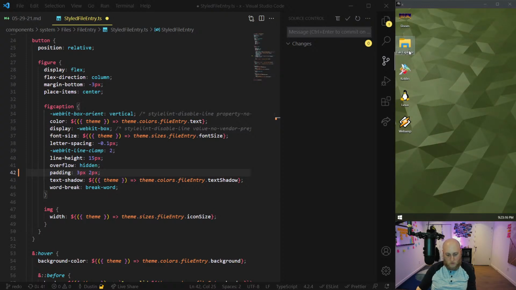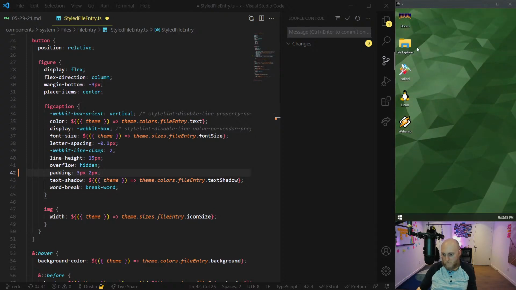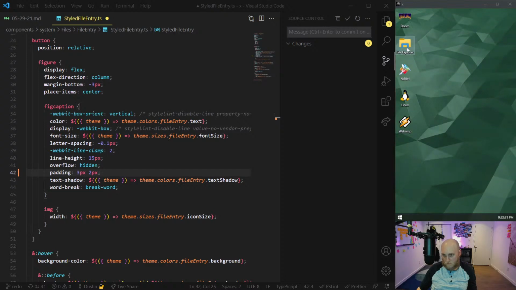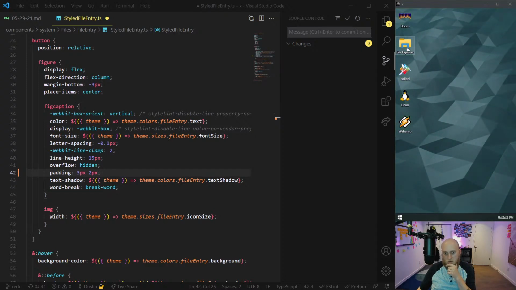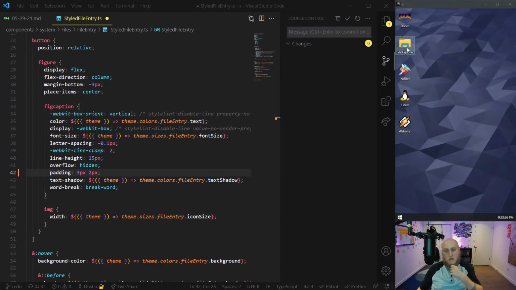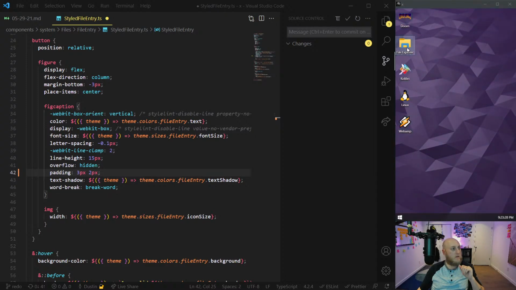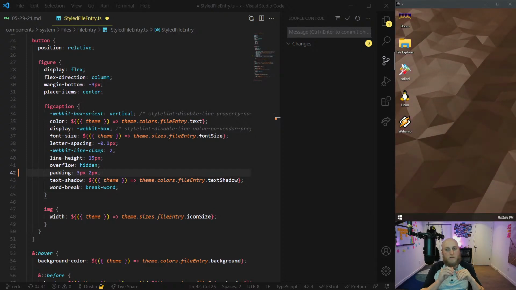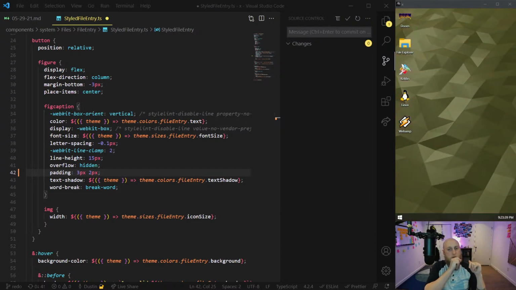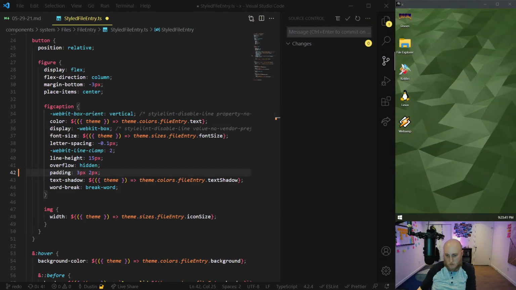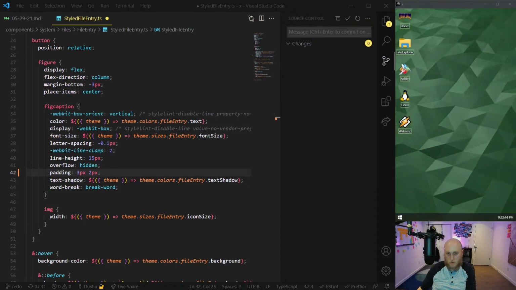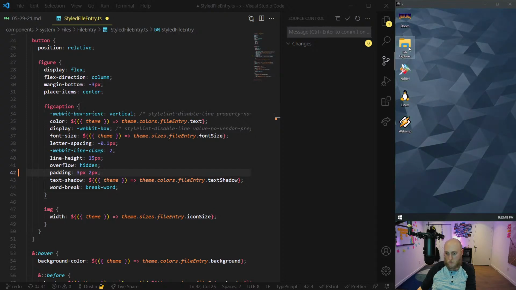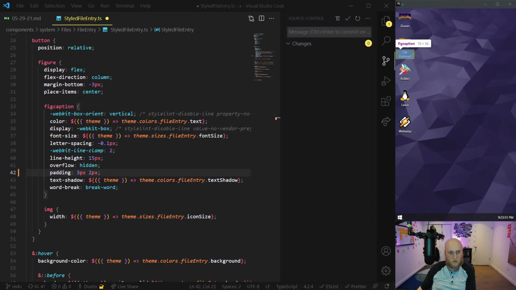Okay, so if I do 2 pixels here, it almost made no difference at all. I think I remember what this was in regards to now. This is about the shadows. Yeah, I think the 3 pixel, oh, right. If you have certain text where it was, wait, was that it? What is this 2 pixel one? The second part of padding is top bottom. Yeah, it must be. Hard to tell though.